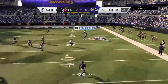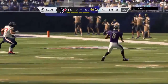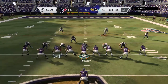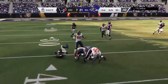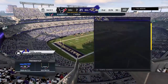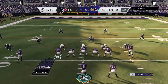Here's Jackson. He'll buy some time right. And this will be incomplete. Physical play on the football there, and it's 2nd down. So line of scrimmage still the 39 on 2nd and 10. Ingram. And they will only muster a yard here to the 38. Now the Ravens going to use one of their timeouts as they'll stop the clock with 24 seconds to go in this first half. They need to get to the 29 if they want to pick up a first here